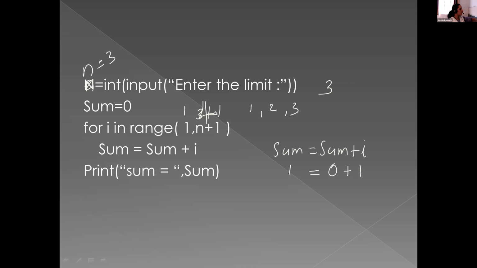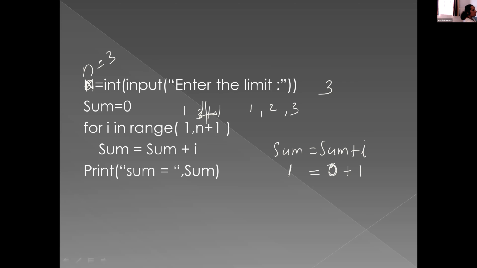I will explain once again. The initial value of sum is 0 and the starting value of I is 1. In the first iteration, the 0 and 1 are added and the result is stored to sum. Now the value of sum is 1. At the time of next execution, what is the value of sum?